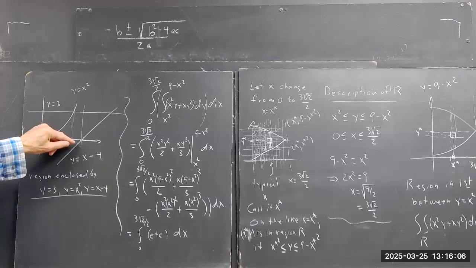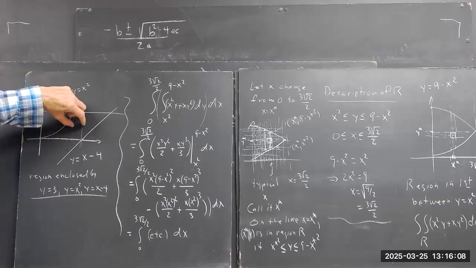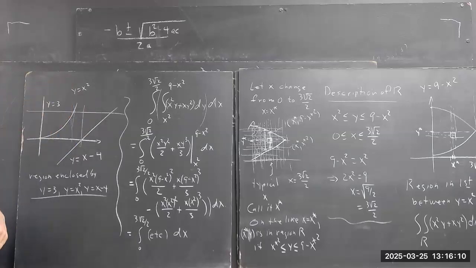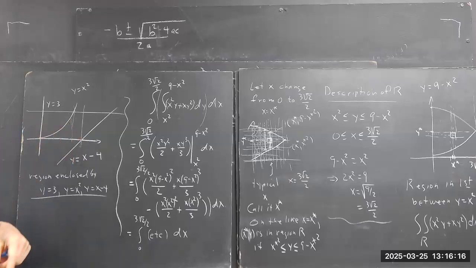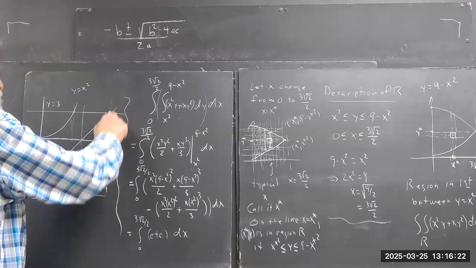Between here and here, well, here I've just got a rectangular region, right? So y would just go from 0 to 3 as X goes from 3 to 4. This graph isn't to scale. And then